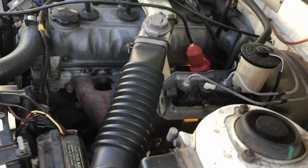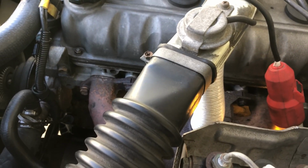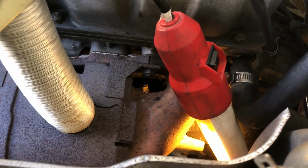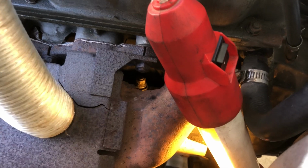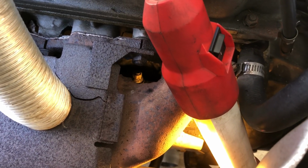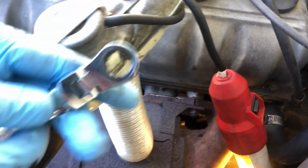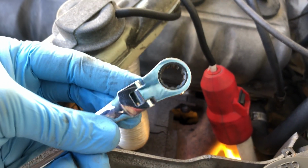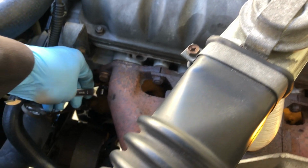And the next thing you need to do is disconnect the two wires from the starter. The first wire is from the battery, and it goes to this terminal right there that you can see in that hole. The easiest way to reach it is using this flex head 12mm wrench, and I essentially just insert it from there,